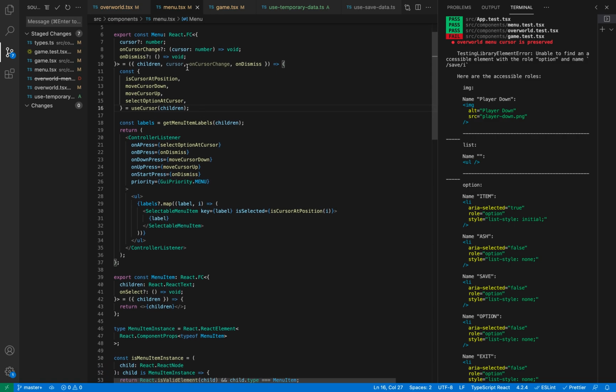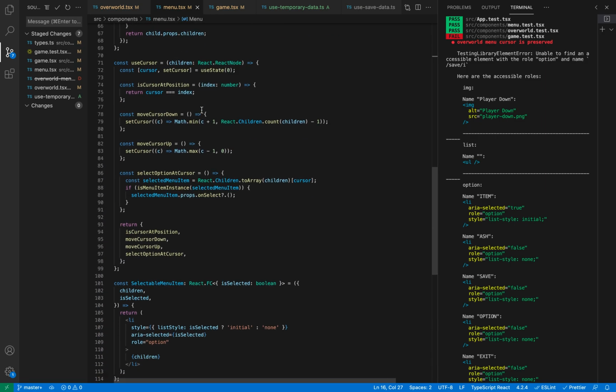And if those values are present, like if there's a cursor provided, let's say, then it's going to, it's interesting. It's almost like we want,